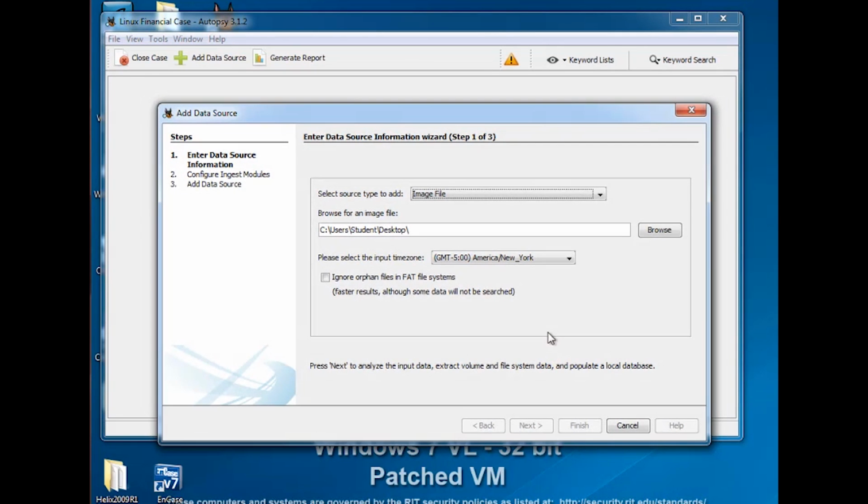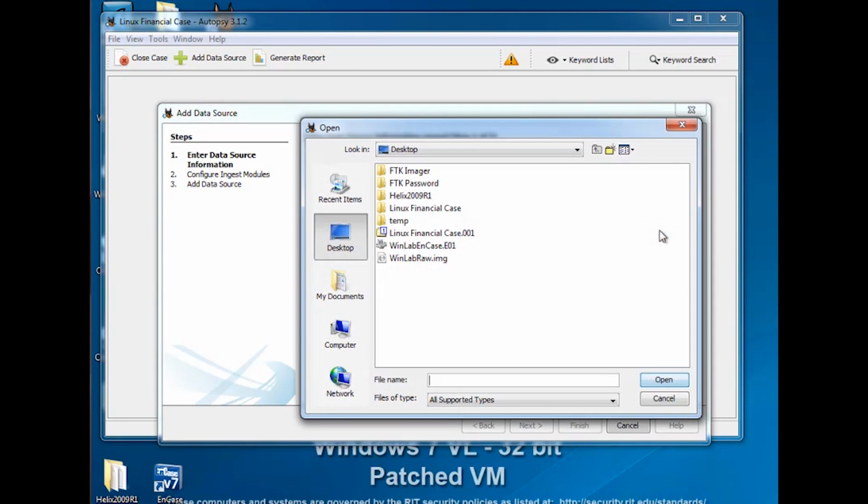Finish means it will try to create the case now. In a case, you choose what kind of image you want to analyze. You can choose an image you created, or a local disk, that's the live disk, or local files. We have already created an image, Linux financial case.001, the case I created using FTK Imager. So I say yes, I want to use that image, and then you browse through it. That's on the desktop. So this is the Linux financial